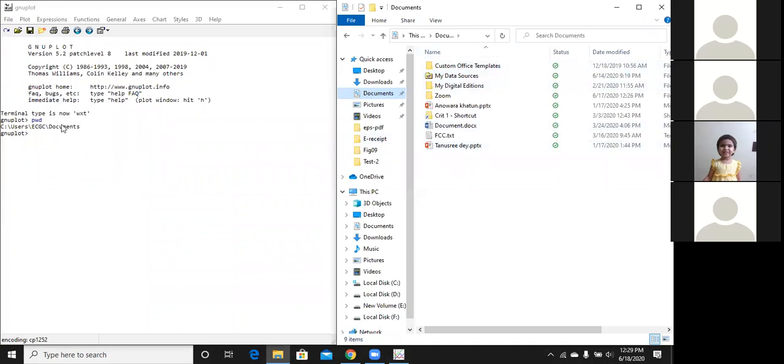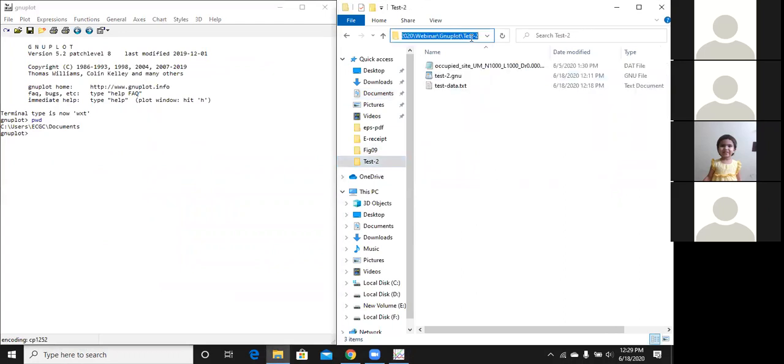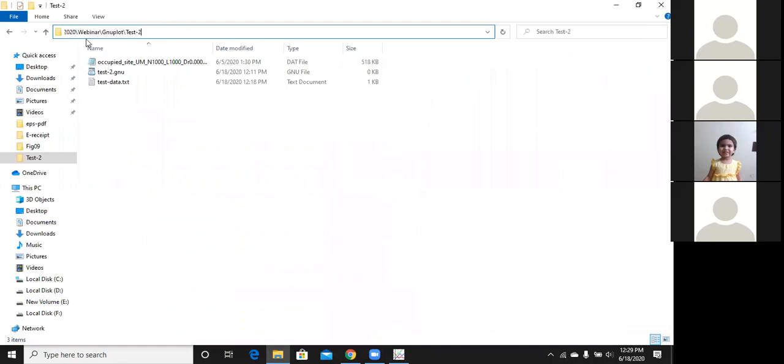So if I try to work in the documents folder, I won't be able to do anything. All my stuff is in this path: F drive, then the folder 2019-20, then webinar, then GNU plot, then test 2.